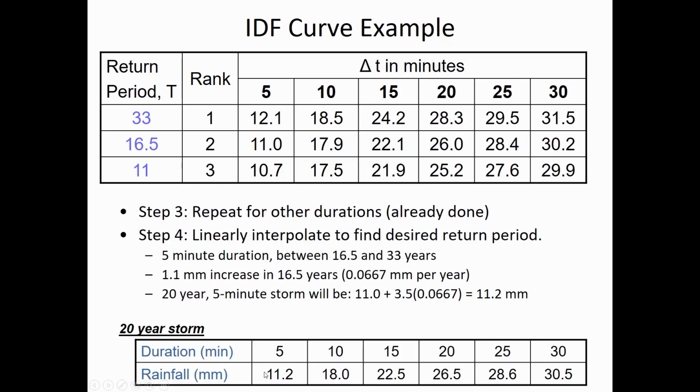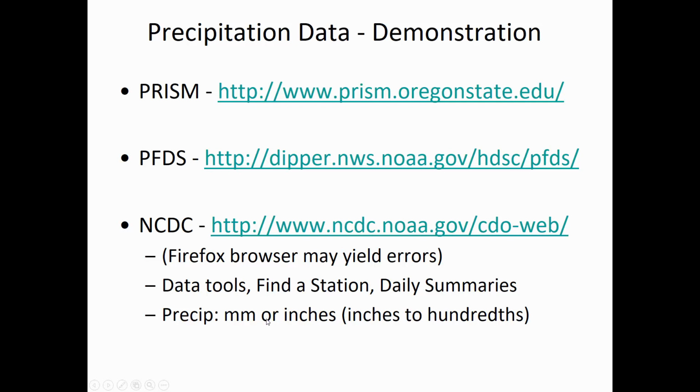So we generate for the 20-year storm. If we wanted to know the 20-year storm, then we would go, it's somewhere between 11 and 12.1, and 16.5 is closer to 20 than 33 is, so it's going to be just a little bit more than 11. So we go through the linear interpolation process, and in the homework,